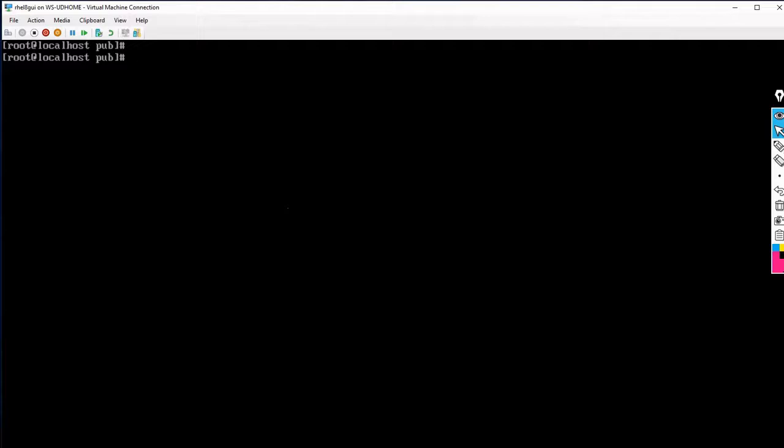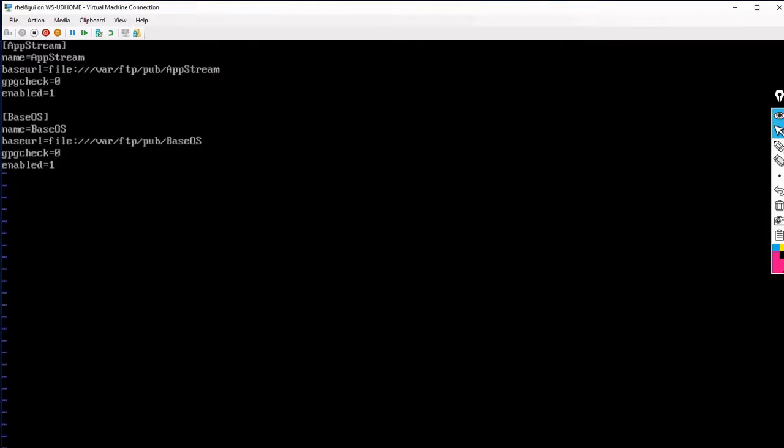Now the configuration file: vi /etc/yum.repos.d. Then we have to create a file, any file you can create.